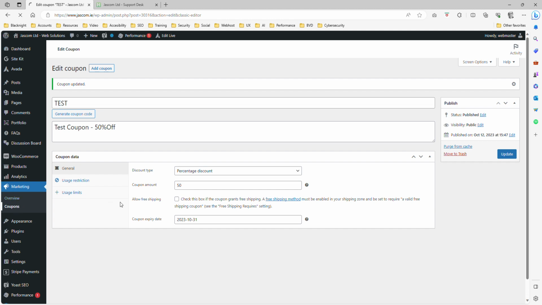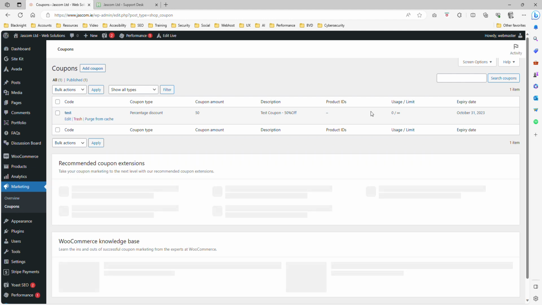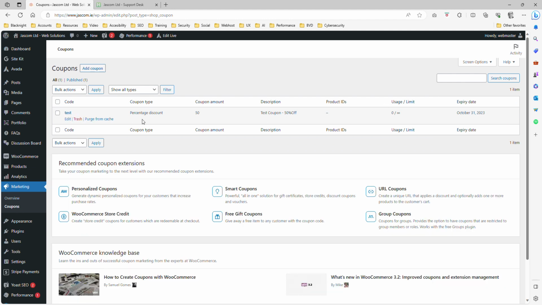If I click on coupons now, I should see, yeah, there it is there. There's the coupon code, and there's a description of the coupon. And as people start to use it, you will see information on how many times it's been used. This number will increase here. And it will be applied against all of your products. So that's basically it. That's how you set up a coupon, and I'd advise you to